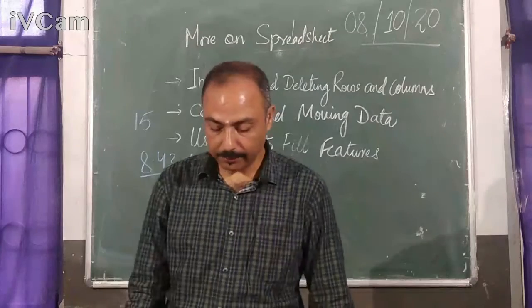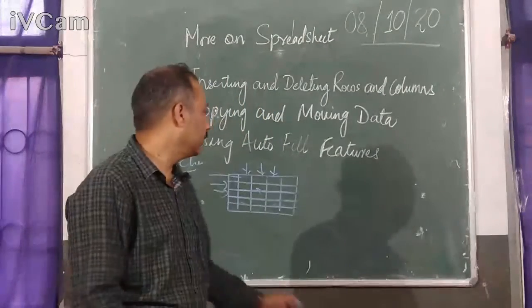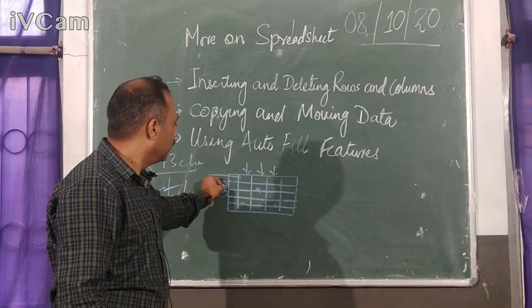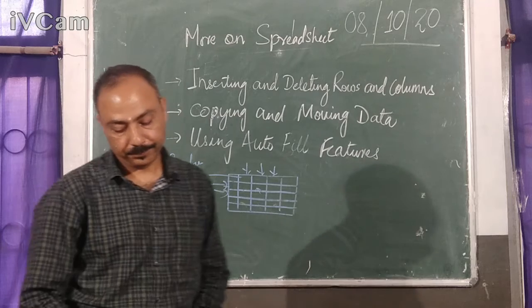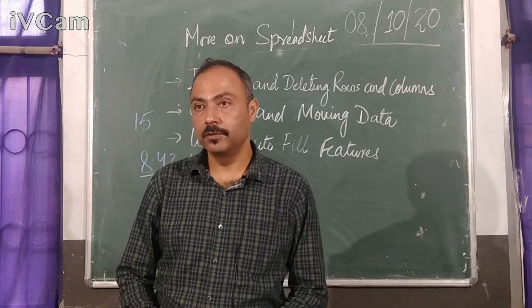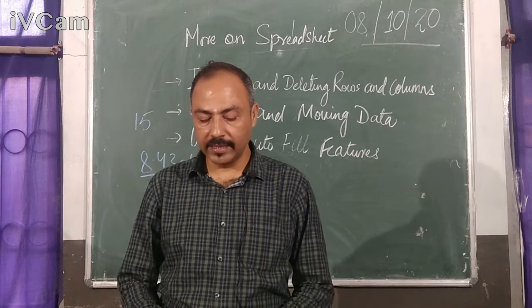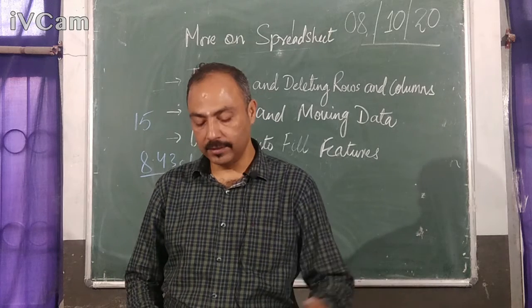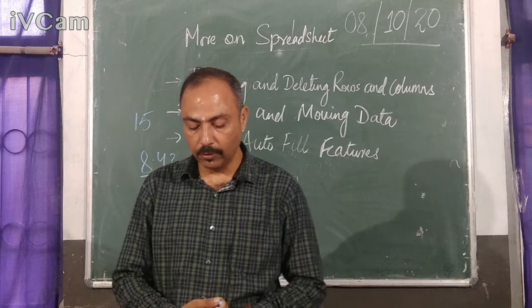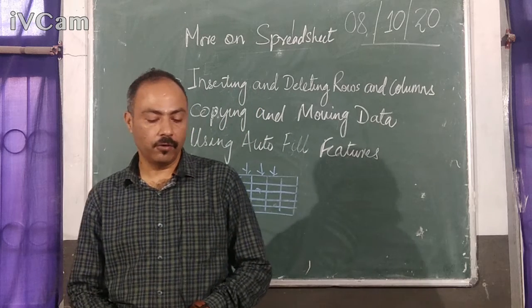To set a specific height for the rows or width for the columns, step 1, you just have to select the rows for which you want to increase the height. On the Home tab, so here also you have to select the Home tab. From the Cells group, likewise as you use for inserting and deleting, from the same Cells group, you have to click on the Format option.